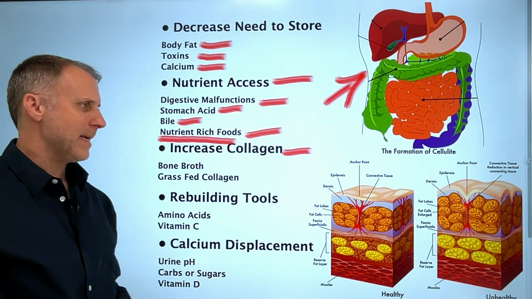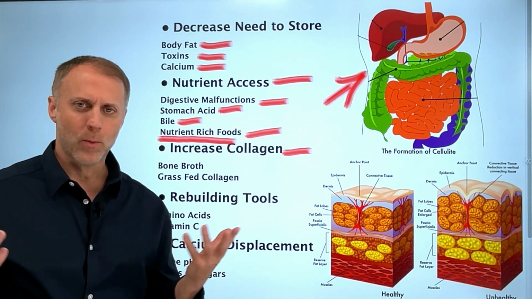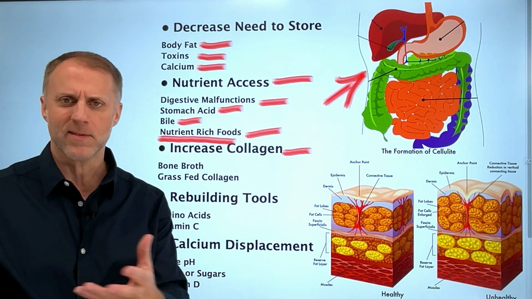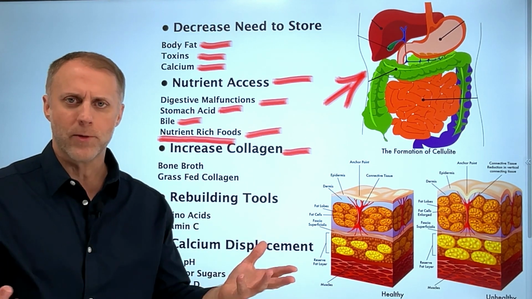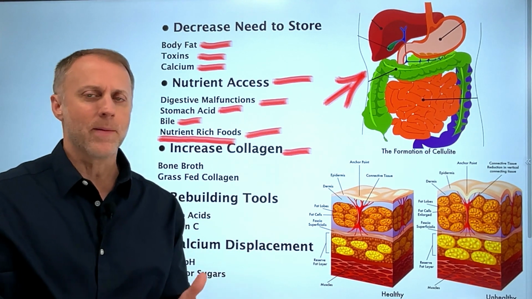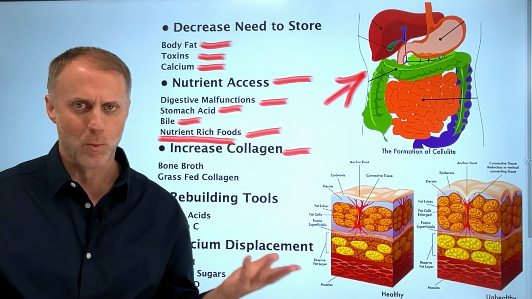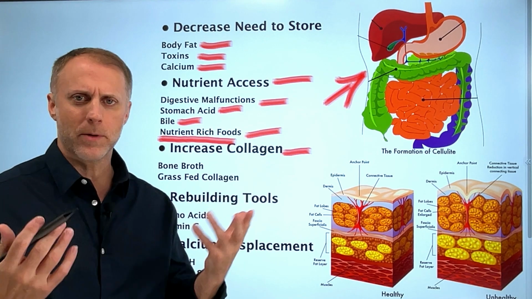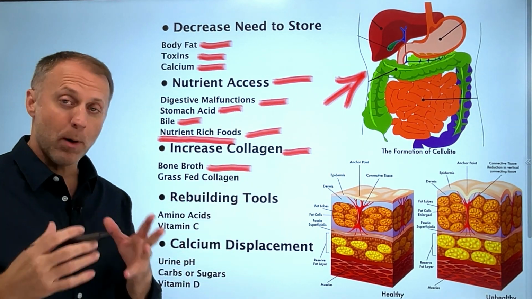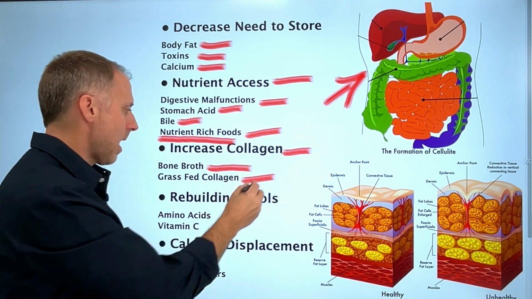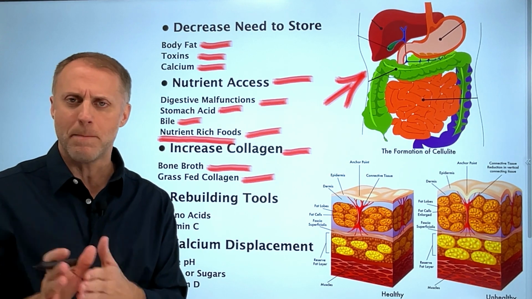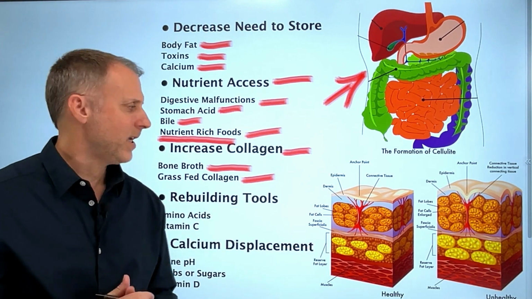And the problem is that we don't eat the way that we did 60, 70, 80 years ago when grandma would take a carcass of whatever we ate and cook it in a soup for 3 days and pull all of those nutrients out of the bones and make them very easy for the body to access. We just don't eat that way. We eat out of a wrapper that comes in a vending machine. So if you can do things like make bone broth, maybe you supplement with some collagen. There's a lot of grass-fed collagens on the market now that are a little bit better than what we had 10, 15 years ago.